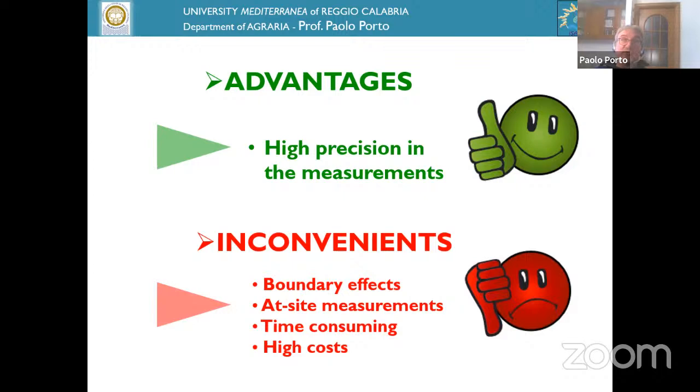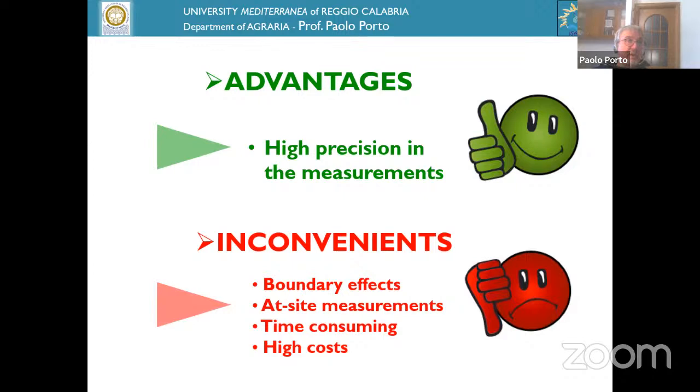And this is difficult to obtain because when we talk, for example, about a large catchment, it is difficult that all the variables are uniformly distributed like within the small plots. And so we need to account for the boundary effects. We need to consider that these are at-site measurements that cannot be extended